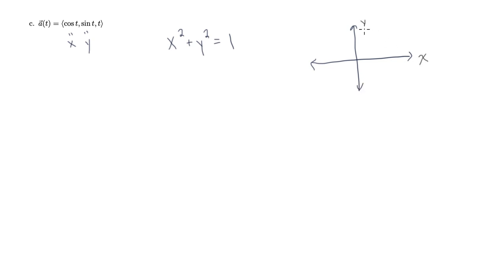Now the xy plane actually corresponds to z equaling 0. This is just a circle of radius 1, like that. But then, okay, so if I just look at the xy plane, I'm going in a circle. But what's happening in the z direction? In the z direction, I'm actually increasing with time. I'm actually kind of going up above the x-axis while I'm going in a circle. So what this actually is,